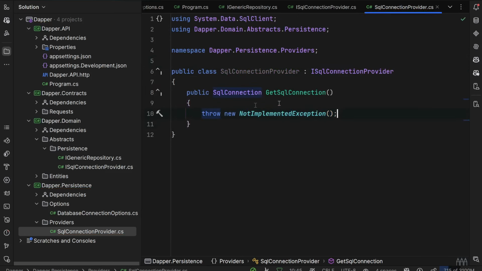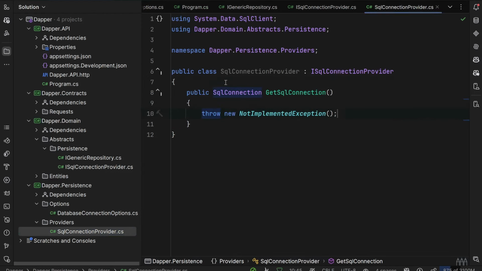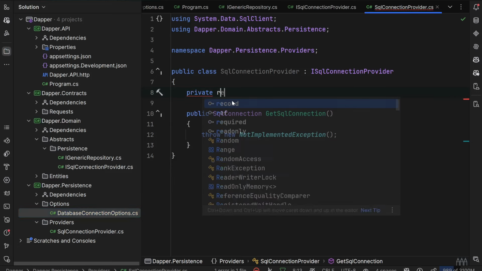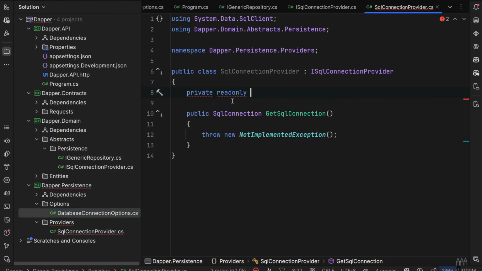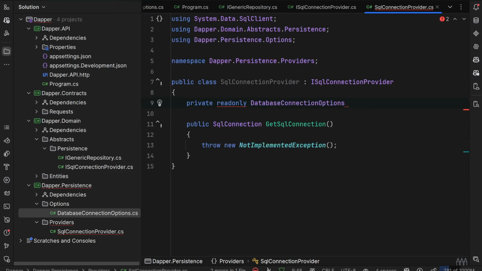And this class will actually create for us the new SQL connection based on the appsettings JSON. It will create the new SQL connection based on this DB connection string, and then we can use it in our generic repository. So I'll inject our options that we have created here, those database connection options. So I'll type private readonly database connection options, will be called